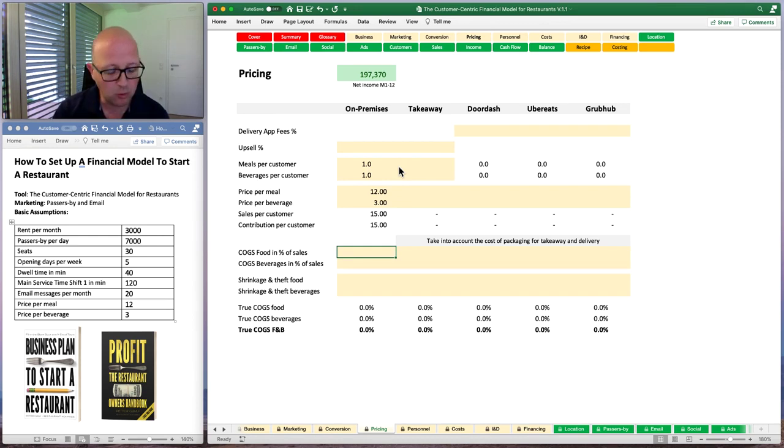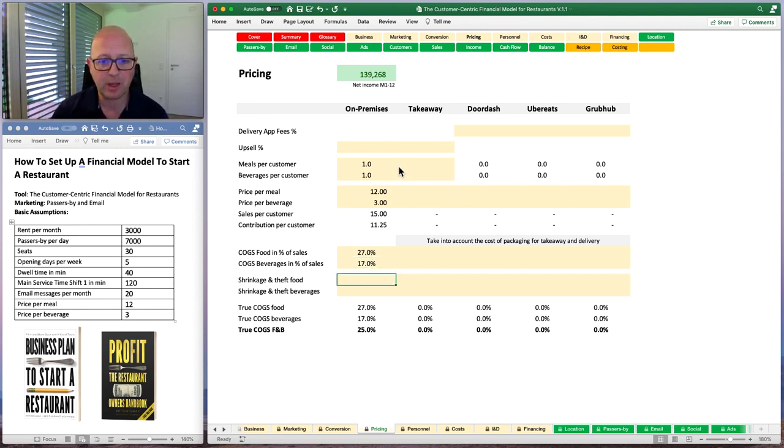But we just assume a realistic value for food of about 27%, and for beverages of, let's say, 70% or something like that. For food, you have to think about COGS between 20 and 30%, and for beverages between 10 and 20%. These are realistic